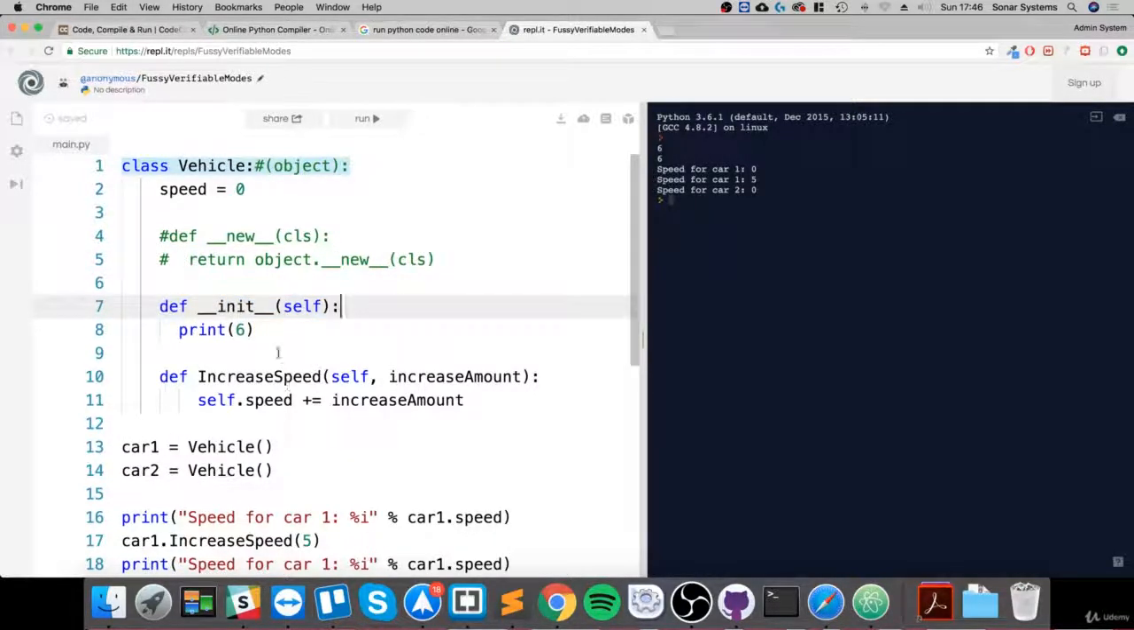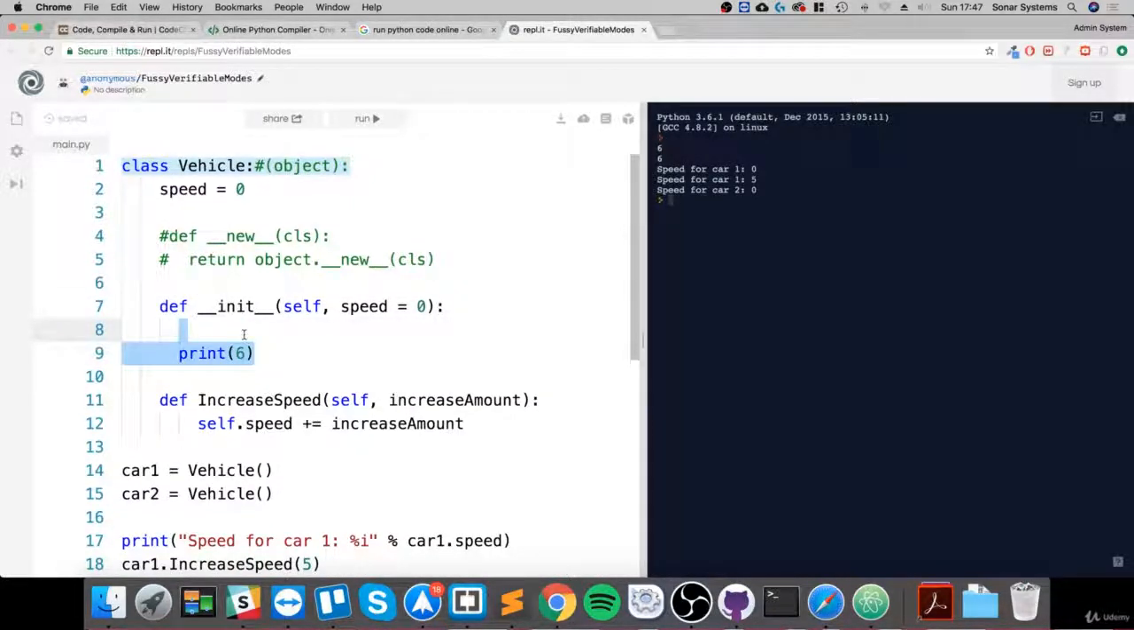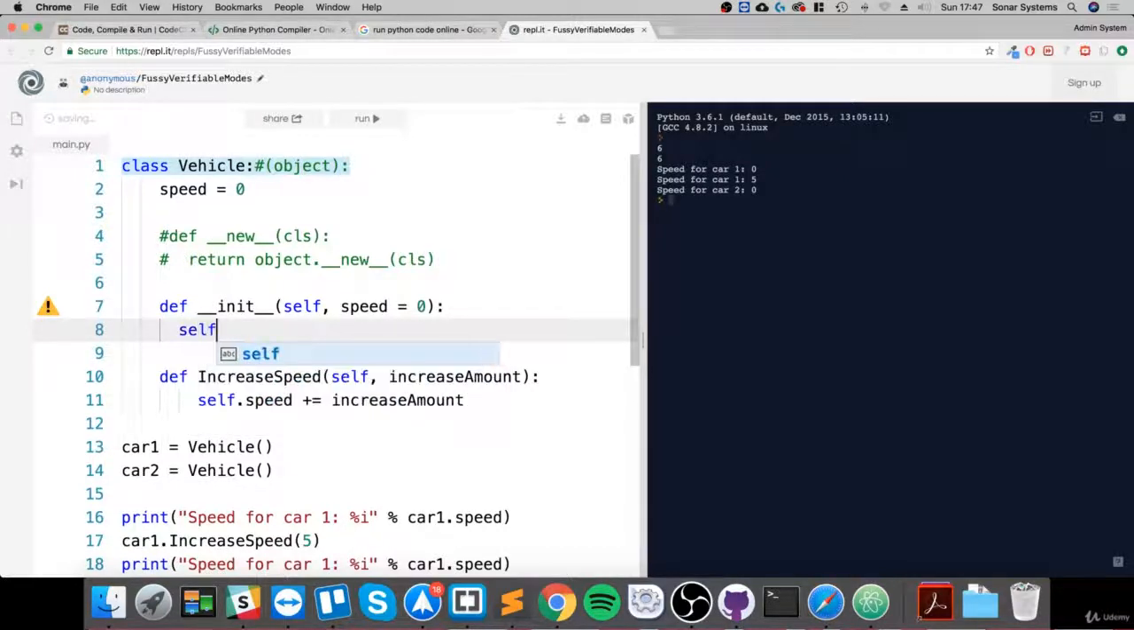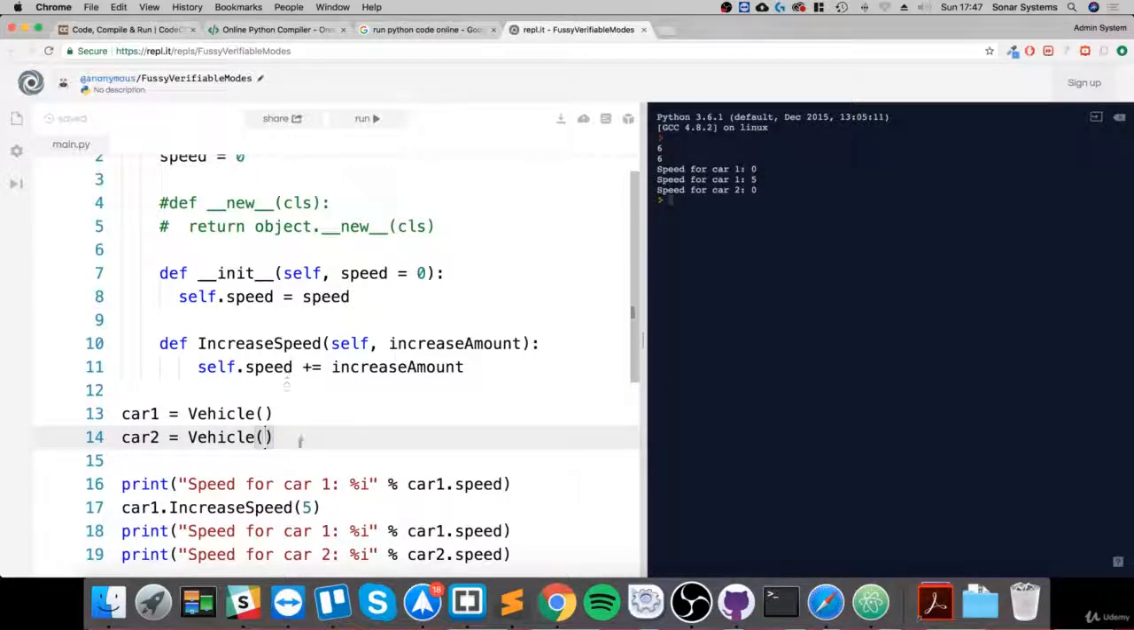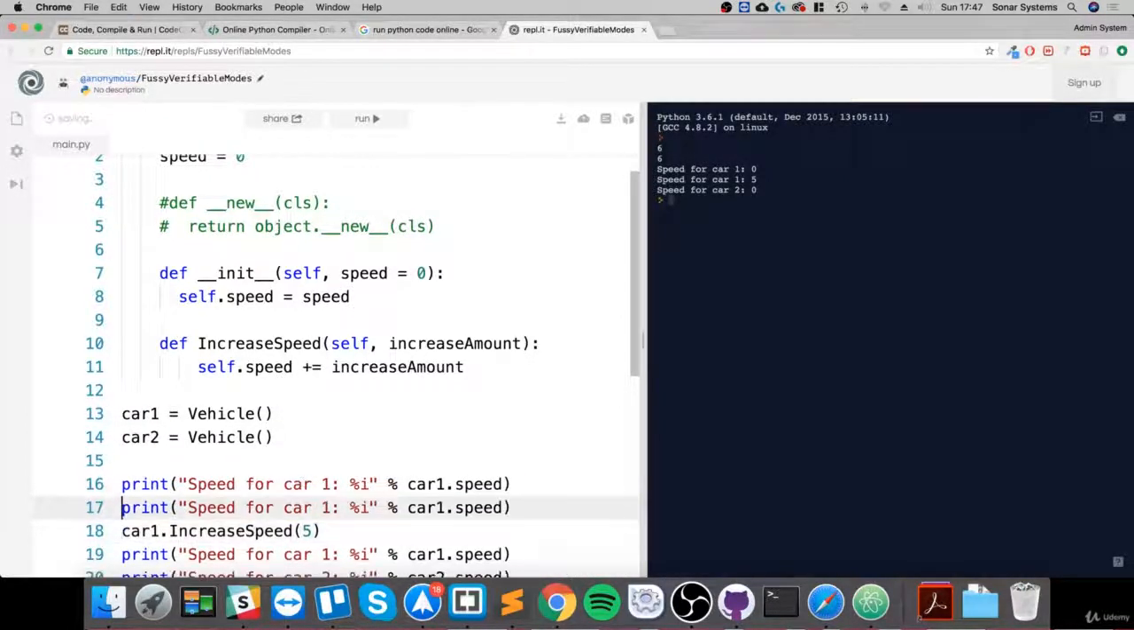And in here, let's say we wanted to pass in a parameter called speed, and I'll set it default to 0, so we don't have to pass one in. So what we could do is self.speed, so this self.speed refers to this variable, but when I assign it to speed, this refers to the local variable. So now, any errors? No. Okay, that's good. So print out the speed for car 1 and car 2,